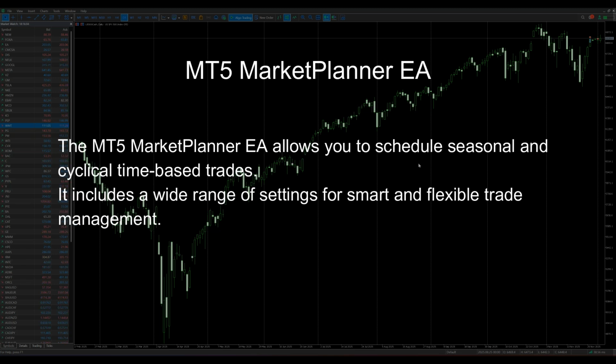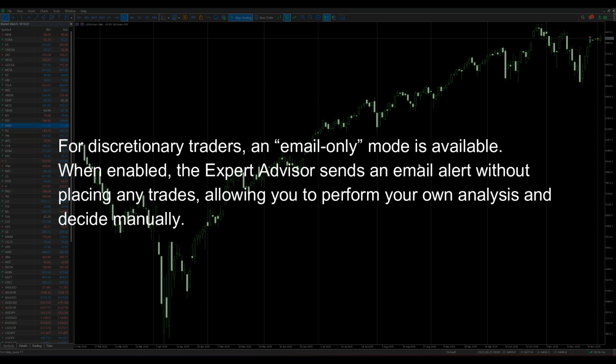The MT5 MarketPlanner EA allows you to schedule seasonal and cyclical time-based trades. It includes a wide range of settings for smart and flexible trade management. For discretionary traders, an email-only mode is available. When enabled, the expert advisor sends an email alert without placing any trades, allowing you to perform your own analysis